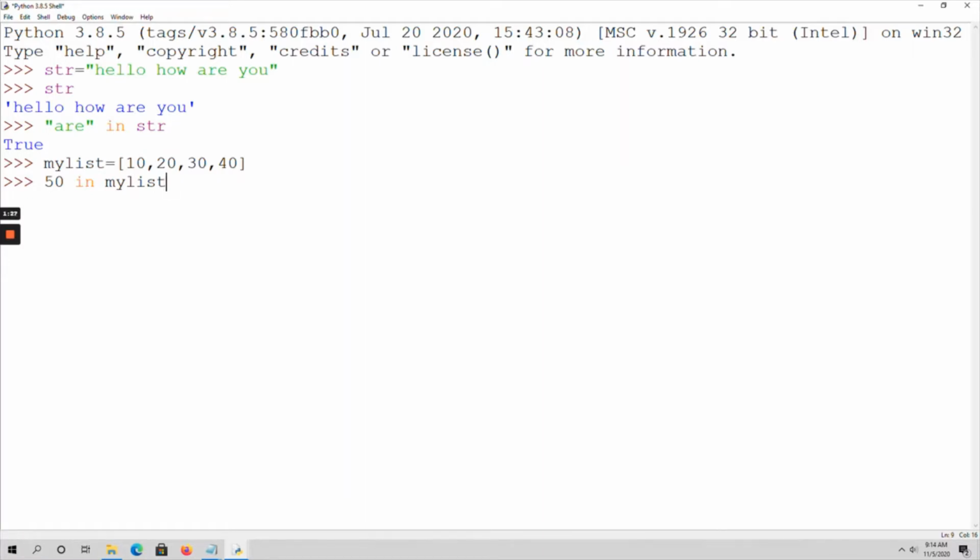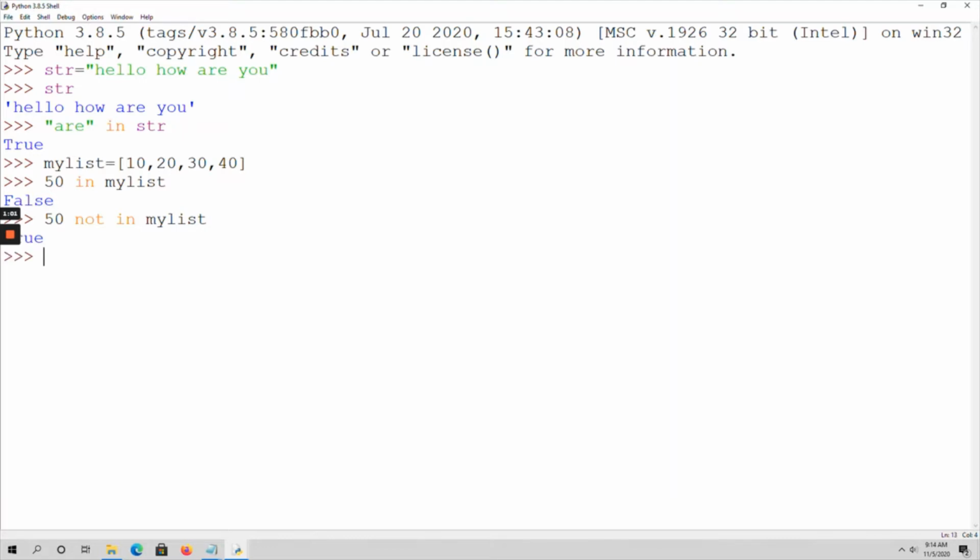If that element is present, it returns true, otherwise it returns false. Similarly, we have another one, that is not in. I can check whether 50 not in my list. Not in will return true if it is not found in the list, right? So it now returns true.